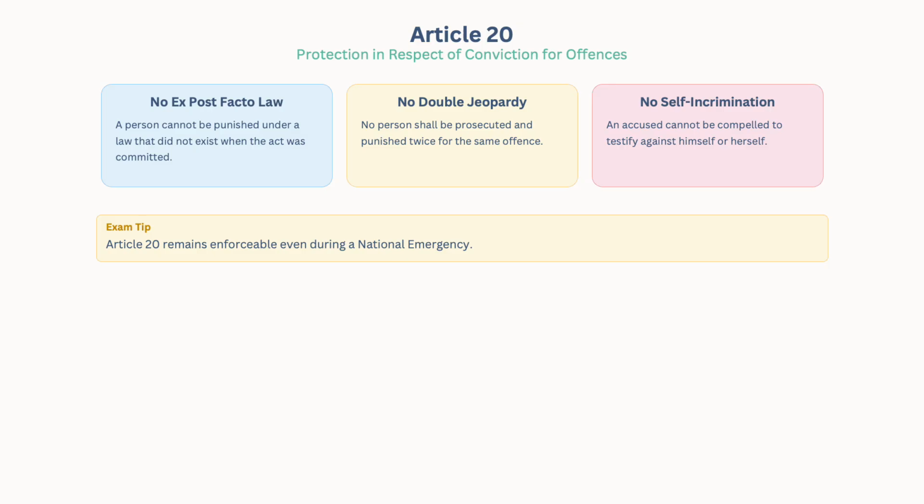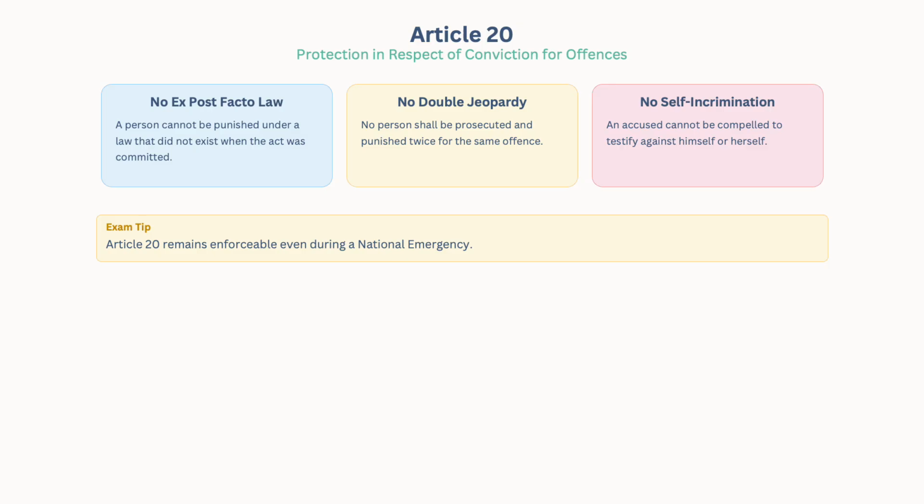And no double jeopardy. No person shall be prosecuted and punished twice for the same offense, which means after you serve your 2-year term in jail, you come out and then you're sent back again to serve twice. You cannot be sent twice. No double jeopardy. Okay, you cannot be jeopardized twice. Now that's another right given to you when you're arrested.